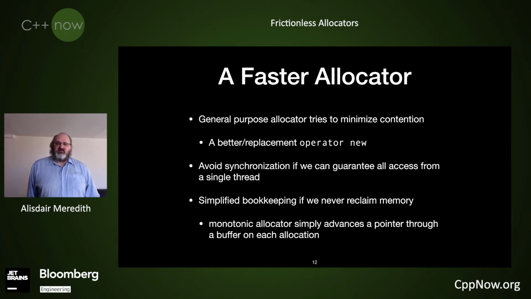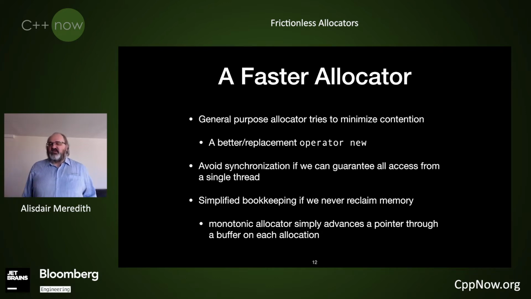So, how do you get a faster allocator? A general purpose allocator in your system is going to try to minimize contention for multiple threads trying to cause allocation at the same time. That used to be a major bottleneck. And if we know we're in a single threaded application, or our usage within our current application will only ever access the allocator from a single thread, we can provide a more optimal allocator for those circumstances to remove all kinds of thread contention and synchronization, which can improve throughput on the allocation there.